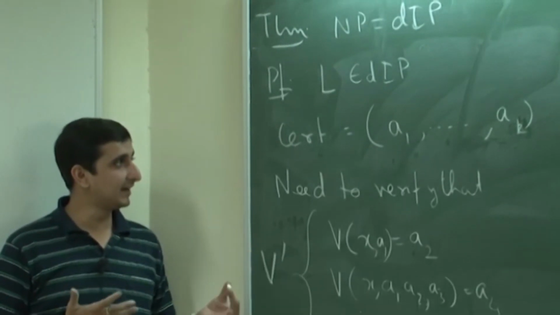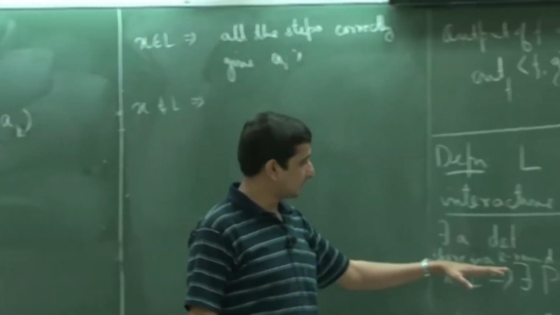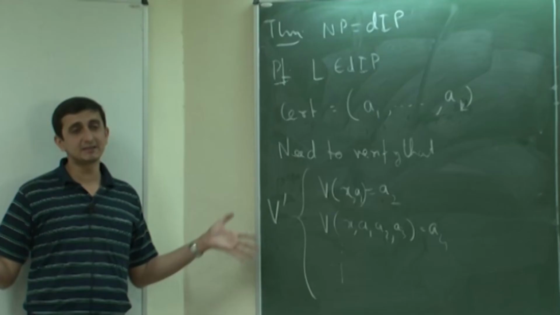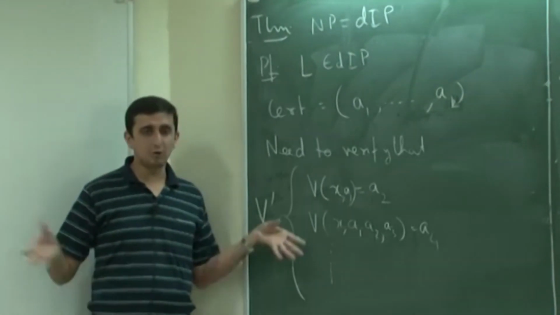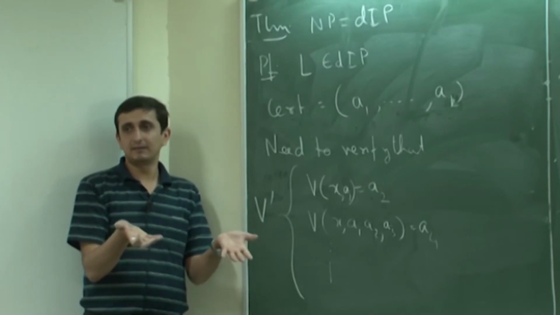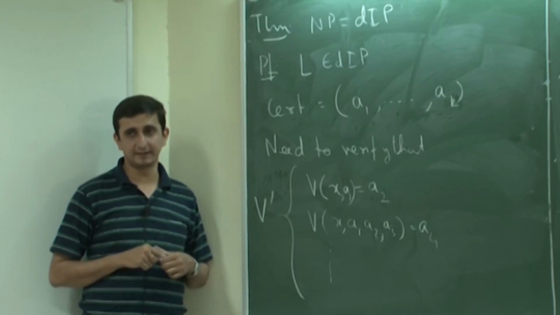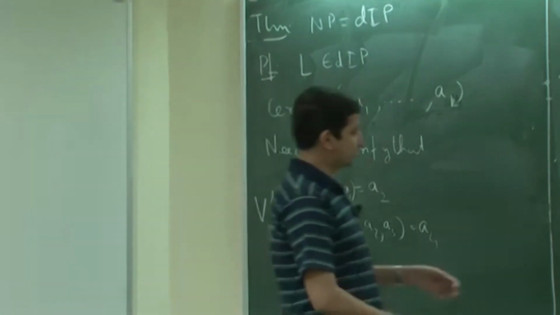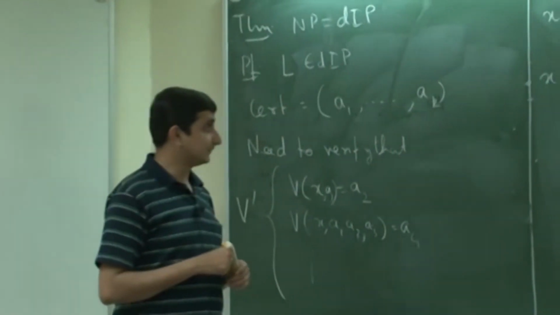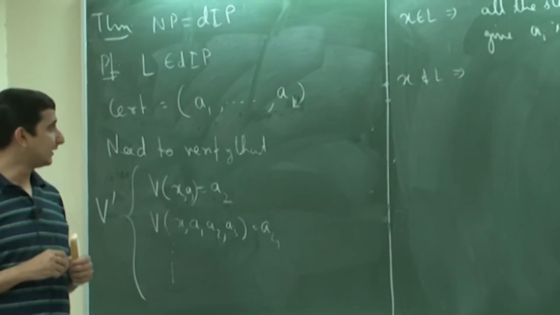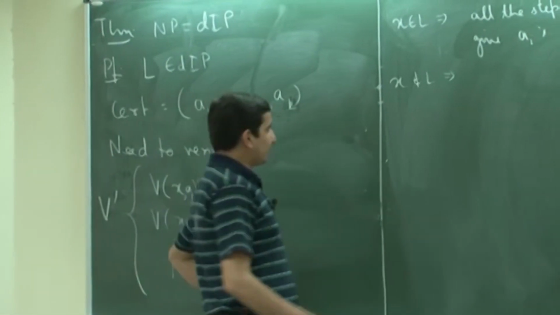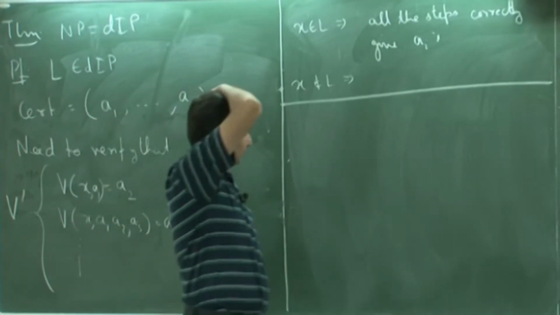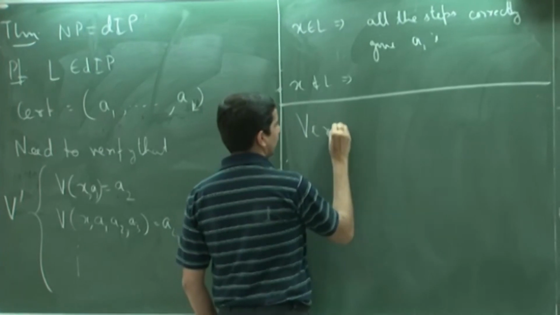So, what is the point behind this? Since we have restricted our number of rounds to polynomial, it does not matter how many rounds we perform or how many questions we ask; we can always concatenate all these questions, ask the prover something, and then depending on that either accept or reject. There is always a way to do that. This is the crucial difference between something like sigma 2, where you have alternating quantifiers, and this interactive model. So the point is that this is not very interesting because it does not give any power in addition to NP. What does make it interesting is if we make the verifier